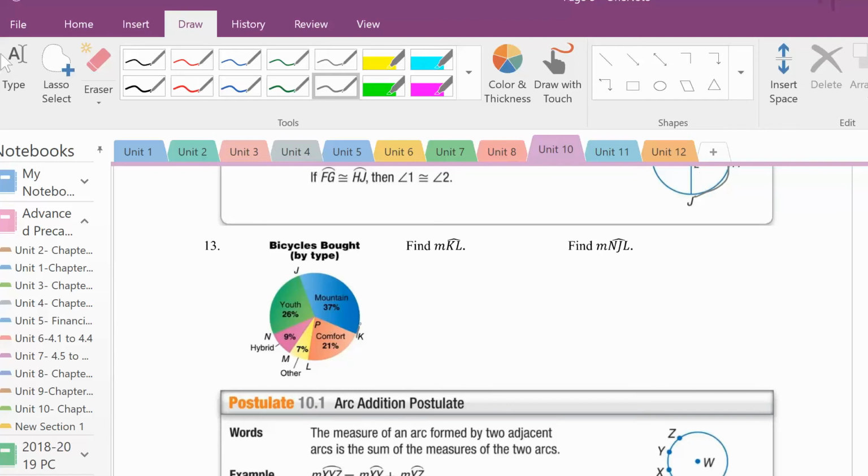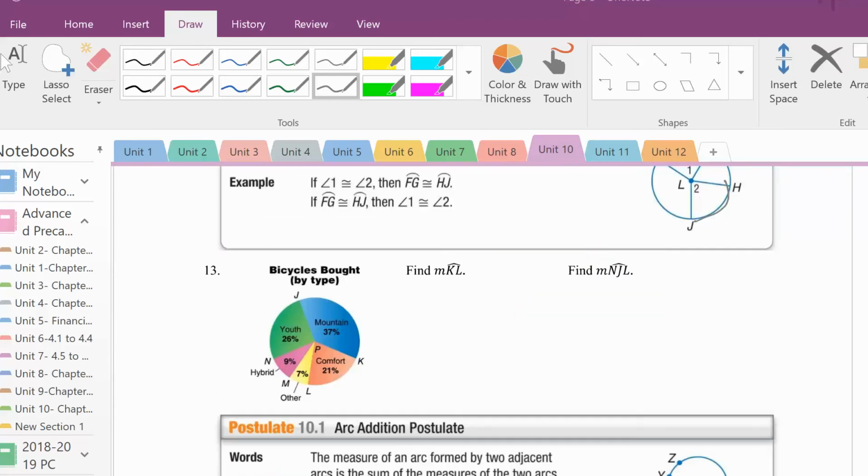Well, KL is right here, and that is 37% of, oh sorry, KL is not there. That's KJ. KL is right here, that's 21%. So if you go 360 times 0.21,